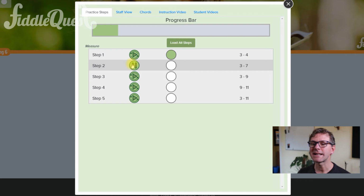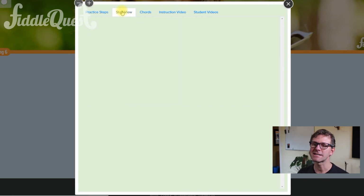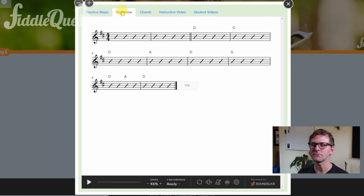So once they get that next step, again, they'll go, okay, I've got it. So then they click on to the next one. And then you can see over here, it tells you what measures it's working on. Now, the kids are not using notation, so the question is, why do we even have the measure numbers here? The reason is that if you go to staff view, it will show you the staff,